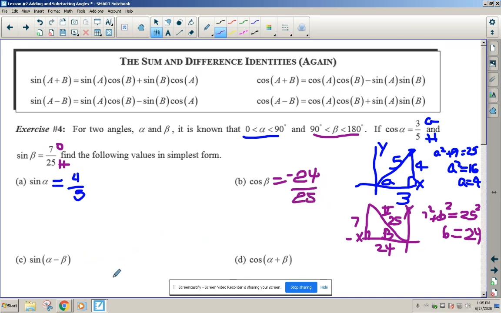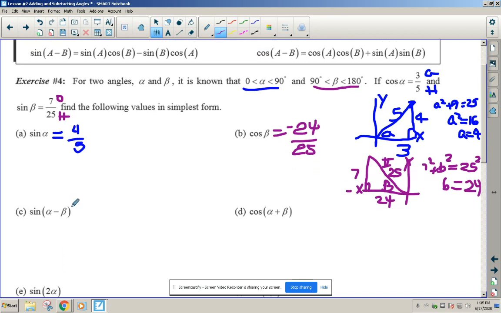There we go. Now, the one thing I want you to notice is we now know the sine of beta and the cosine of beta. We now know the sine of alpha and the cosine of alpha. And all of our formulas now are going to deal with these 4 ratios. So if we now wanted to know the sine of alpha minus beta, so the sine of alpha minus beta